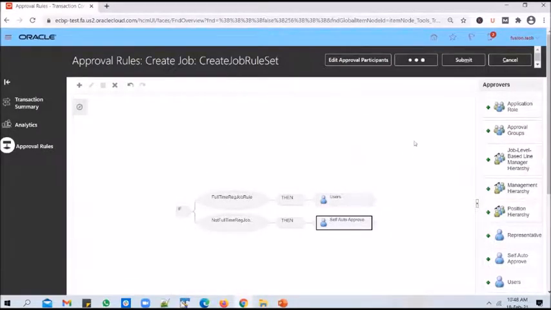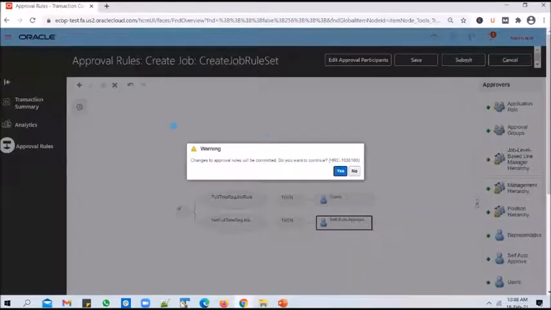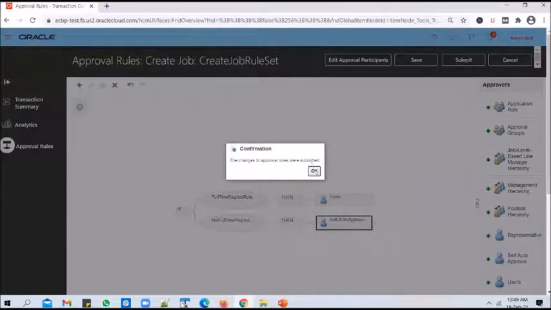And you can save it and submit the groups. And the changes are committed now.